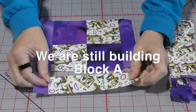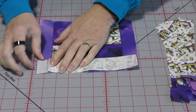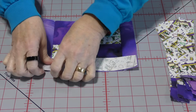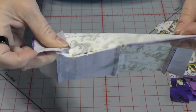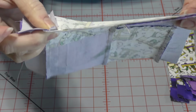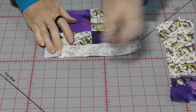So this has a seam, and you are going to want to nest your seam when you are placing these blocks together. So the way that I pressed it, I have to push this seam against the way that I pressed. Now here I've nested the seams, and if you don't want to nest on the fly while you're sewing like I do,